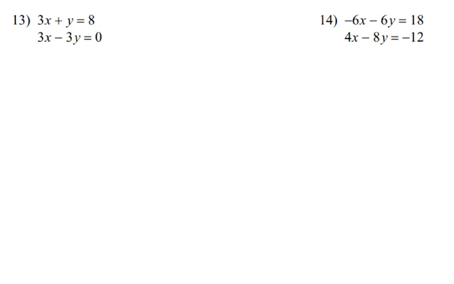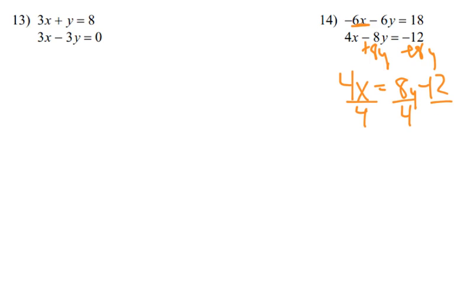Okay, now in number 14, we're not going to have as easy of a fix. So let's just get one variable by itself. I'm just going to pick this one. Doesn't really matter which one. Same process is going to work for either one. So 4x equals 8y minus 12. But I don't have a 4x up here, so I just need to get to x. So I divide everything by 4. We get x equals 2y minus